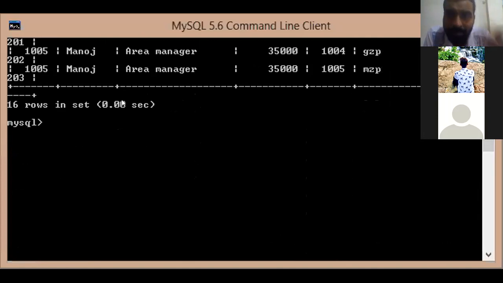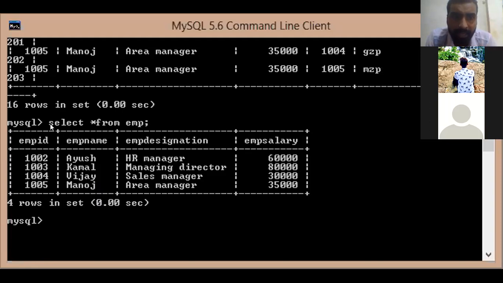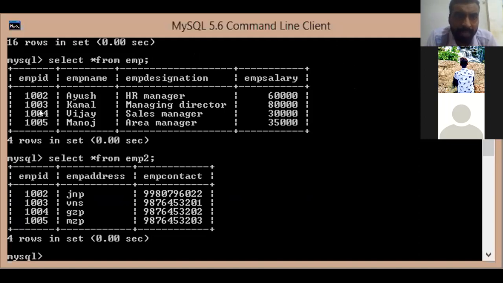Okay, now second type of join. What is second type of join? See, in the second type of join, that is equi-join, we put a condition that this particular field should be equal. Like in this our table only, kindly see, in employee table, EMP ID is given. And in the same way, in employee 2 table also there is EMP ID, same. Can you see EMP ID same?